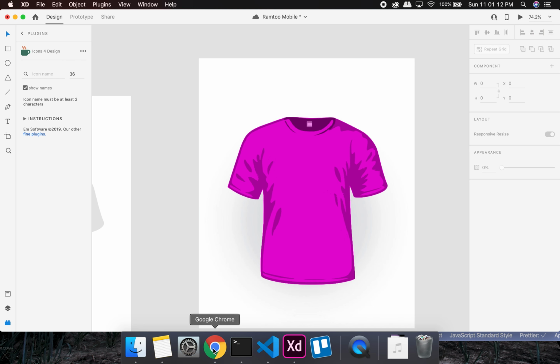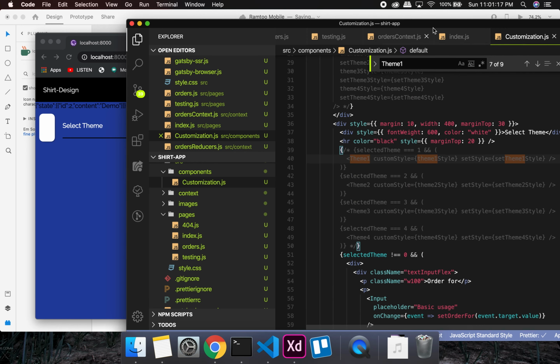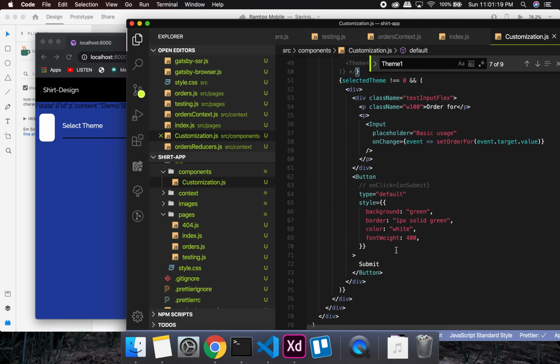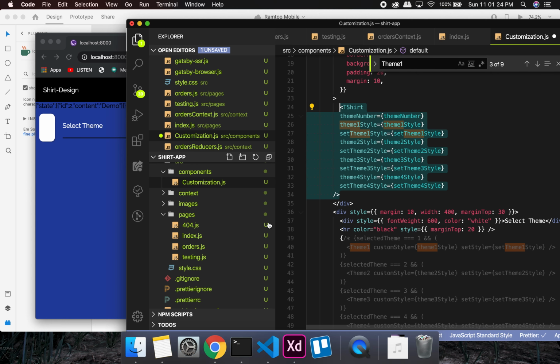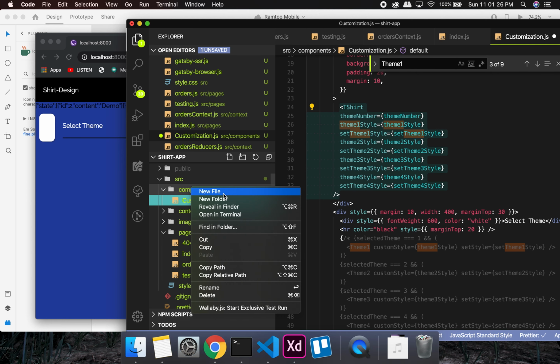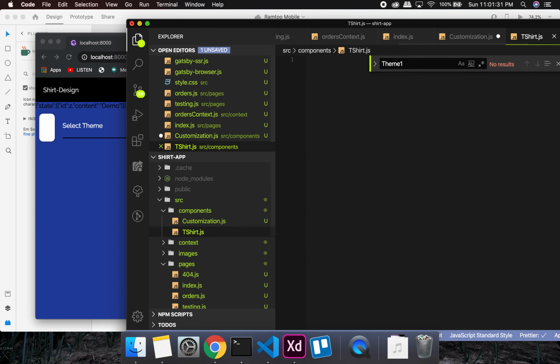So let's do that. Inside of our customization, we'll have a t-shirt. So where is the t-shirt thing? Here it is. In t-shirt, I'll need to create another file called t-shirt.js, and I'll even copy and paste the same thing. The t-shirt has a lot of custom styling in it, so for the basic style, what I'm going to do here is,